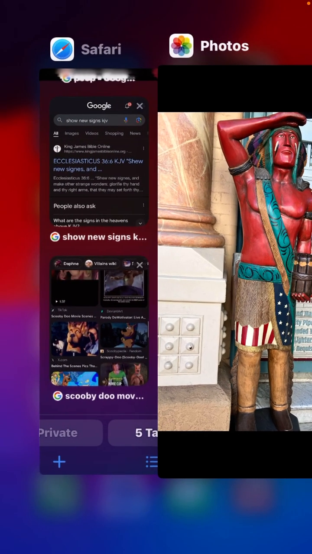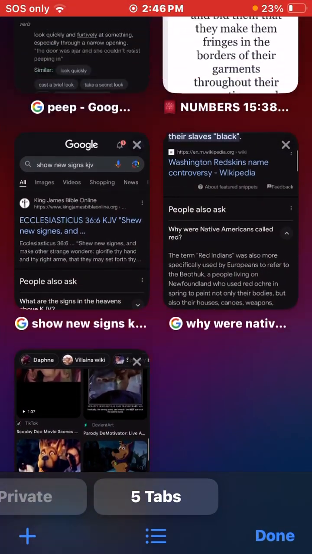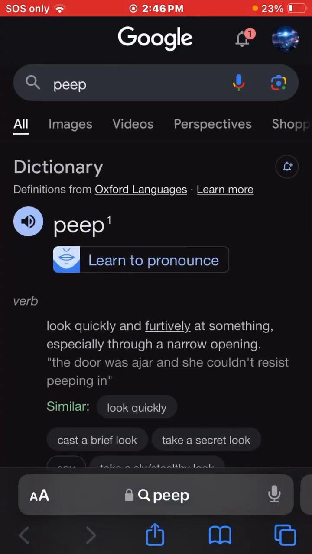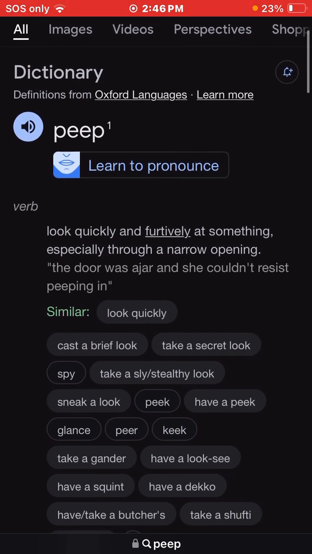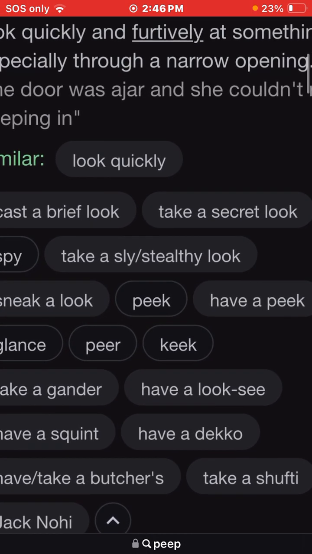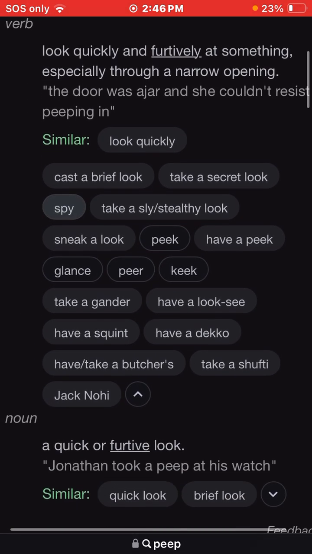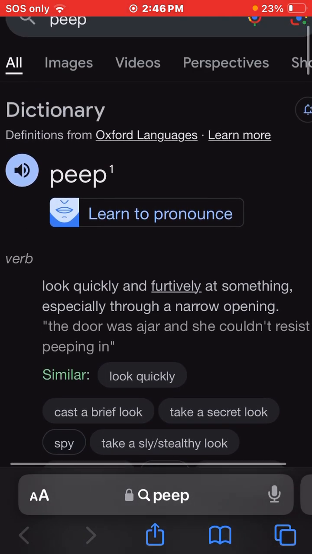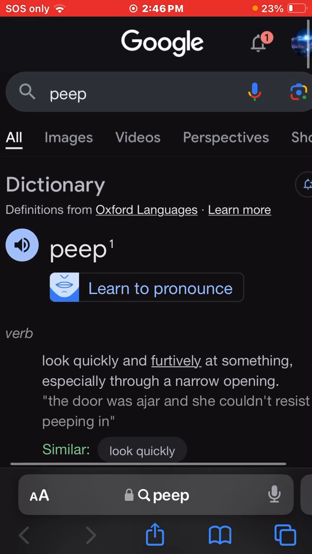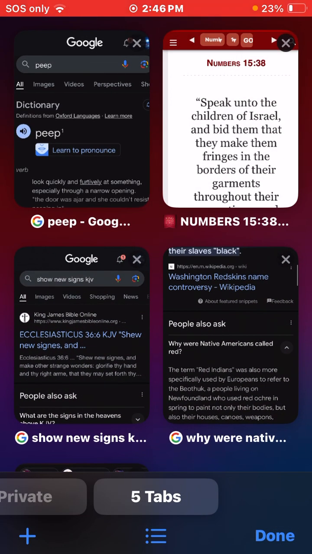So, real quick, I want to go into the word peep. The word peep, that's where you get the word to look quickly, to cast a brief look, to peek, right? Sneaky look, have a squint. So the word peep, or to peep the fringes, means to simply take a quick look,